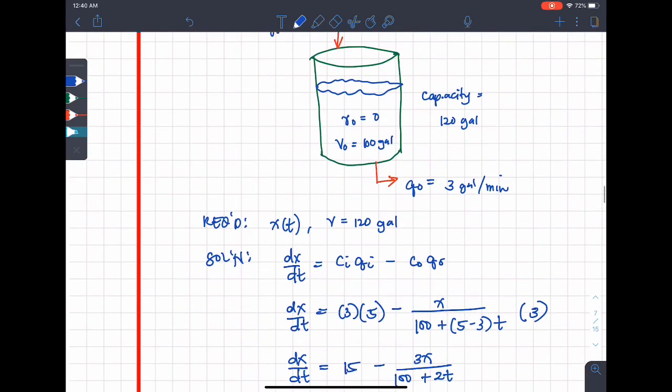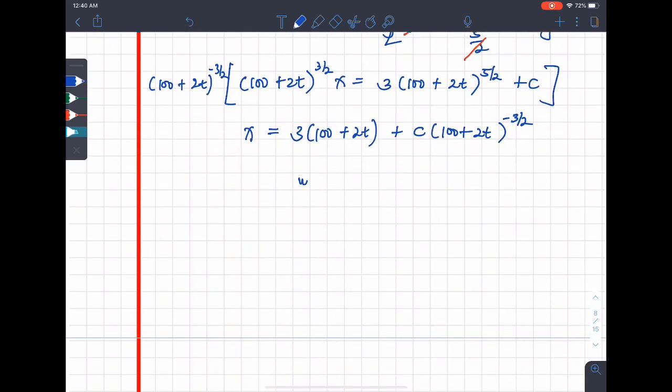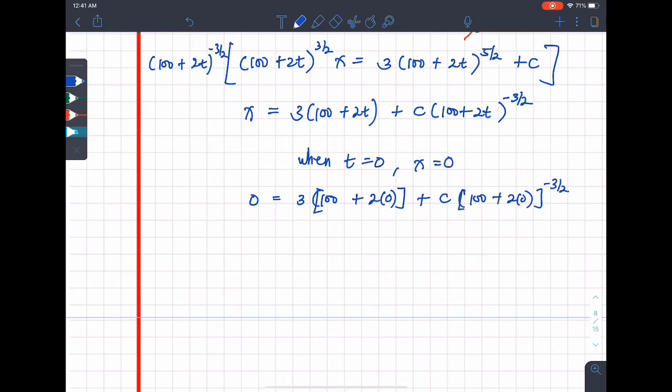Initially, the solute is 0. So when time is 0, x is 0 as well. So 0 is equal to 3 times 100 plus 2 times 0, plus C, then 100 plus 2 times 0 raised to negative 3 over 2. Or simply 0 is equal to 300, then plus C